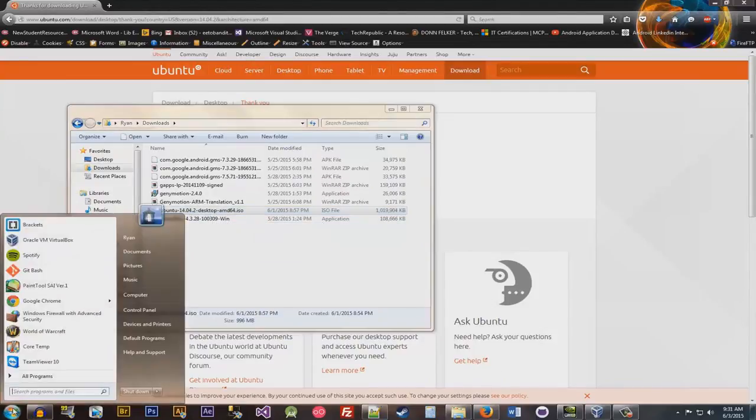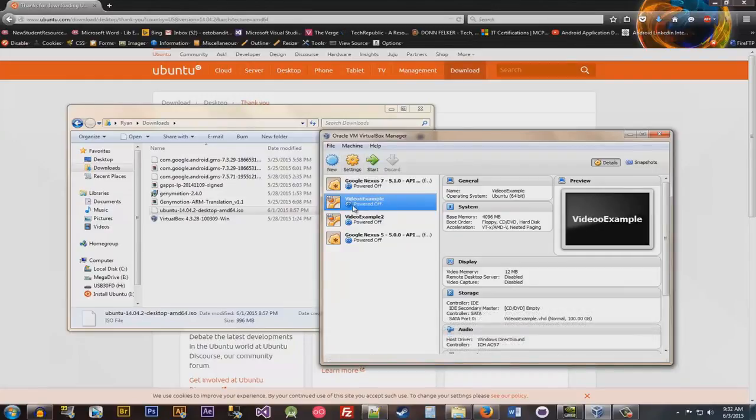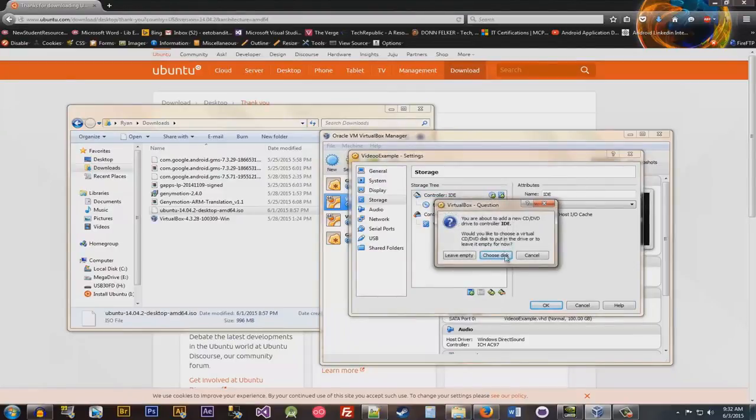So from there, you'll just open whatever start menu you have, and then you'll open Oracle VM VirtualBox. I've actually already got mine opened up. So from there, you'll have the examples here. To demonstrate, there's the video example here. So we'll just hit Settings, and then from Settings, we'll go to Storage. In storage, there'll be the controller IDE, so then you'll just click this CD icon, and then you'll hit